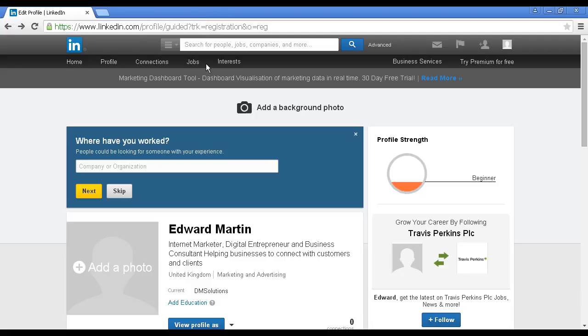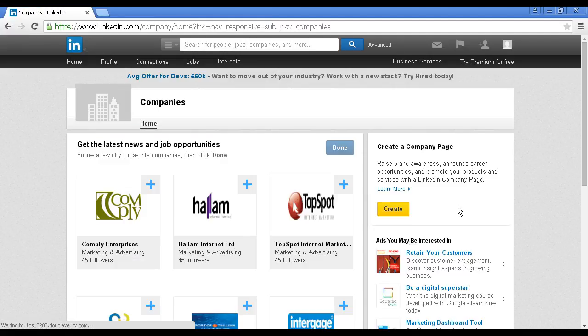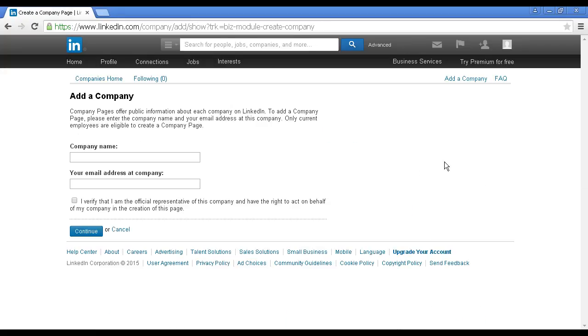To create a company page, come up to the top here where it says Interests and click on Companies, and then over here on the right hand side where it says Create a Company Page, click here on Create. And it takes you through to this page where you start to enter the information about the company. Now, it talks you through it. You simply follow the on-screen instructions, so I won't go through it all again in this video